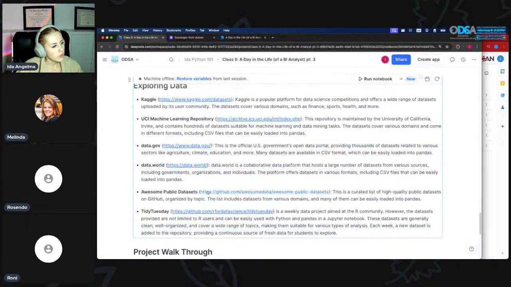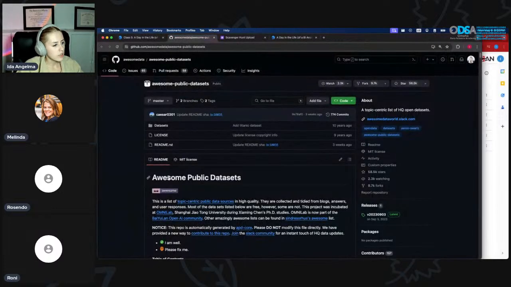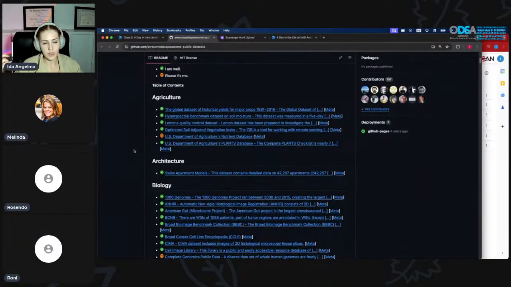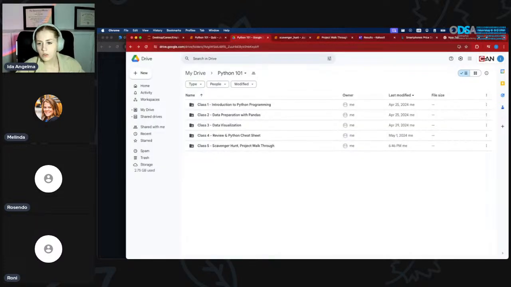Yep. We have some GitHub. So we've seen in some of the examples, like we just use the URL. So if the data is hosted in GitHub,